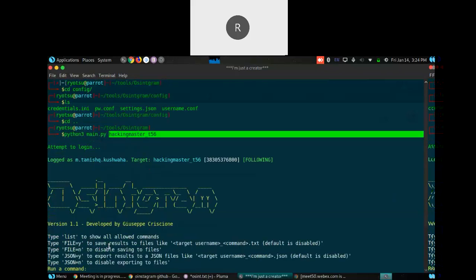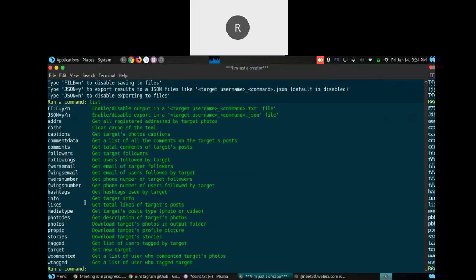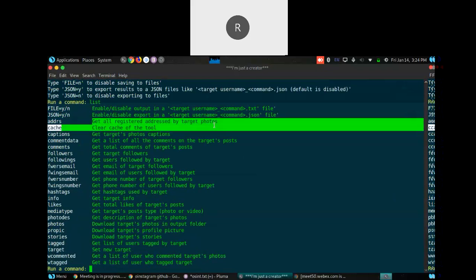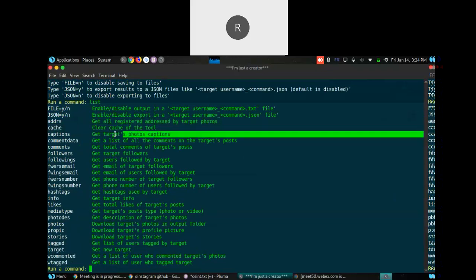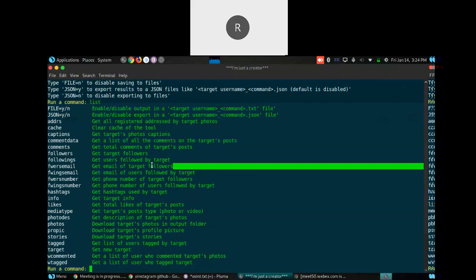It says to run the commands. I don't know the commands, so I will list them. It shows the options: get all registered addresses of the target's photos, get the captions of the target's photos, get the comment data, get the total comments on the target's posts, get the followers, and get the emails of the target's followers.